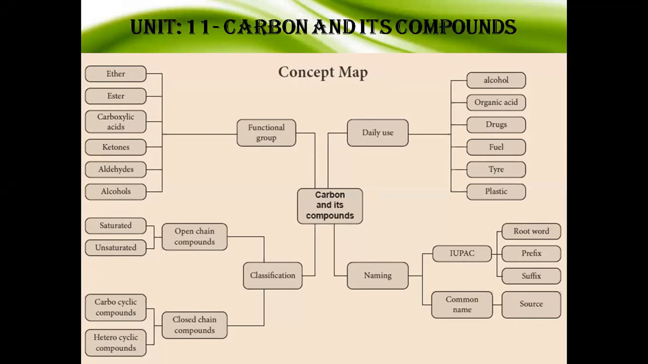Classification. There are two types, that is open chain compounds and closed chain compounds. These two types are further divided into two types. Open chain compounds are further divided into saturated and unsaturated. Closed chain compounds are further divided into carbocyclic compounds and heterocyclic compounds. The next one is